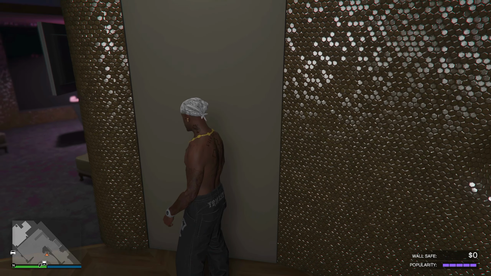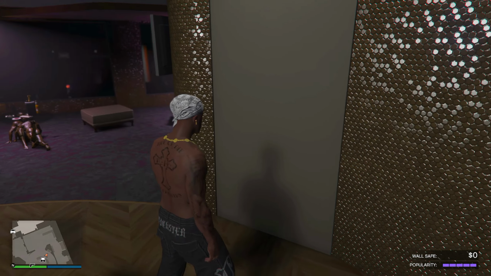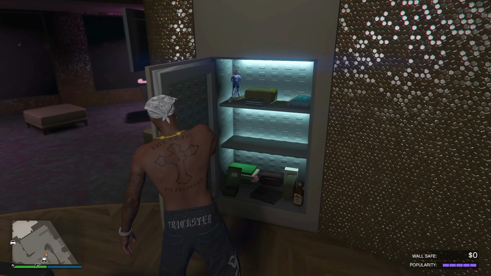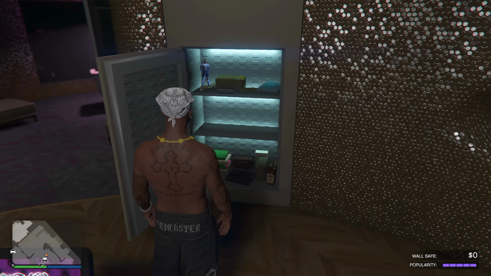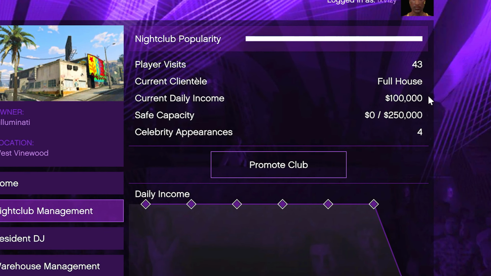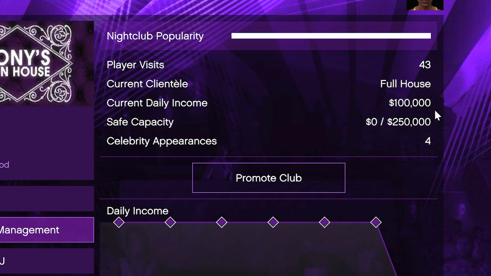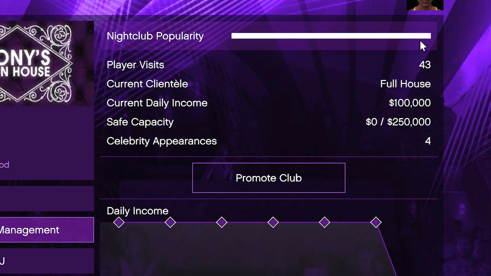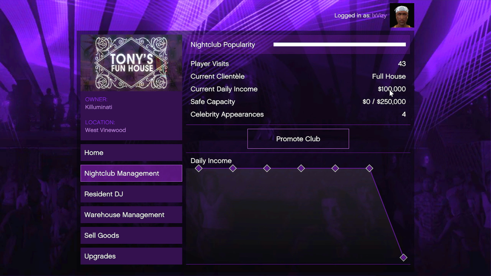There is a couple of ways to make money through the nightclub. The first way is through the nightclub safe with the popularity. So I will go through this first and show you guys how you can make money through this. Now, originally, Rockstar did intend for you guys to promote your nightclub to get this popularity bar increased. There is also some random events inside the nightclub from time to time where you guys are required to take a VIP home or something. This will increase the popularity bar by a small amount,